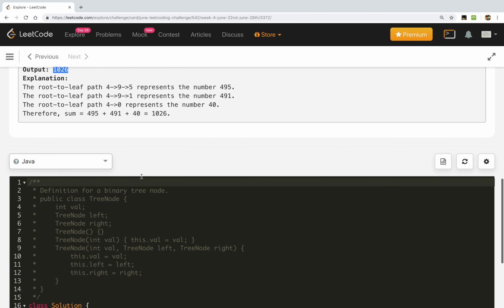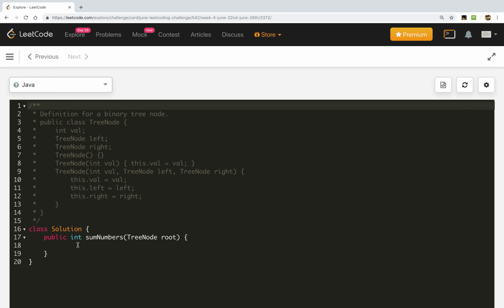So how will we implement this? For the implementation, we will use a helper method where we are just doing pre-order traversal. We call that pre-order, pass the root and initialize the sum from 0, and in the end we return this. Now we create another private method which returns an int and is named pre-order, taking the tree node root and the integer current sum.